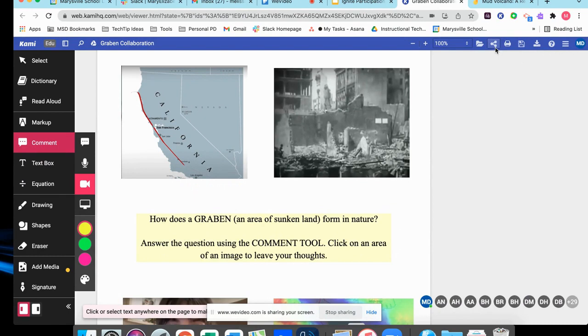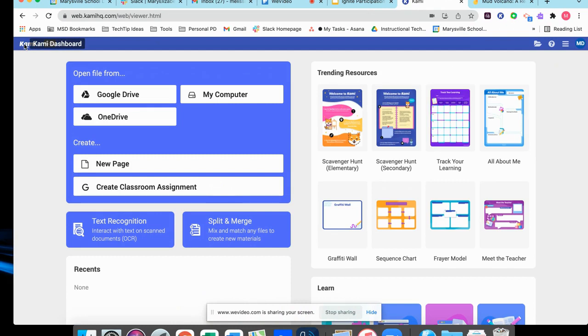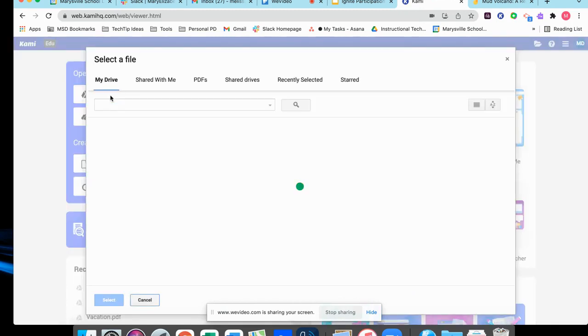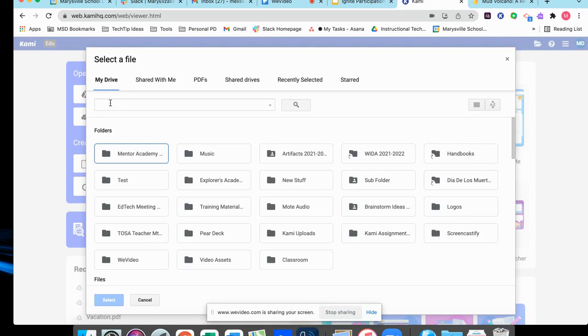Okay, so first thing is, this was not made in Kami. I made this in Google Docs. And then when I was on the main Kami screen, so I went to kamiapp.com, I selected the file from my Google Drive. The reason I did that is because I didn't want students to be able to move the pictures or the words around. And so if I open it from something I've already made,